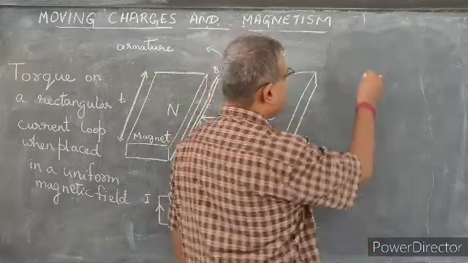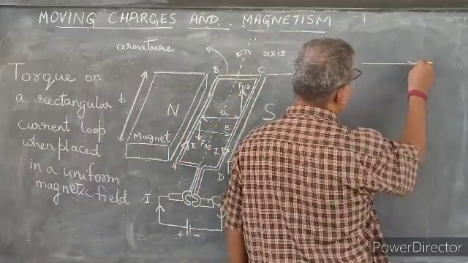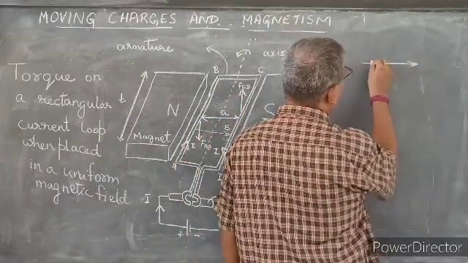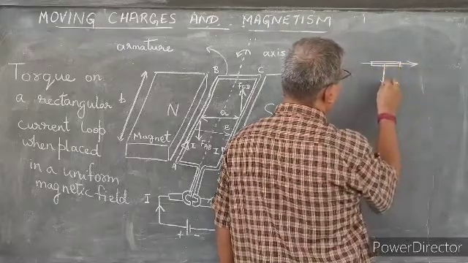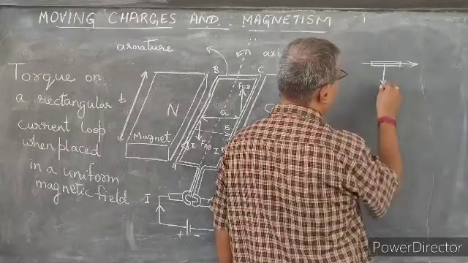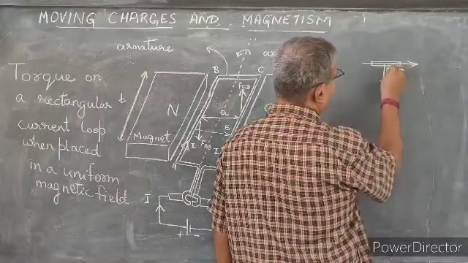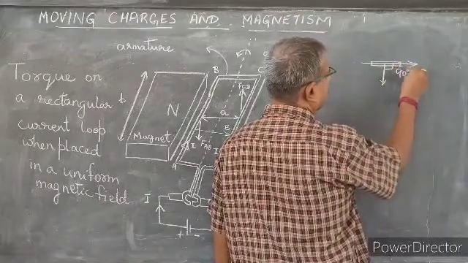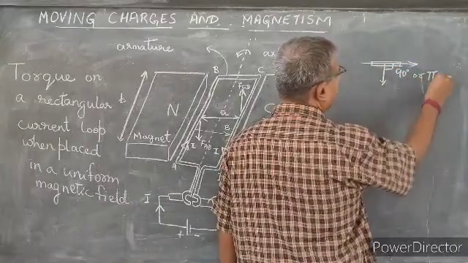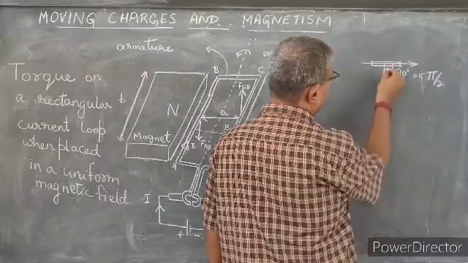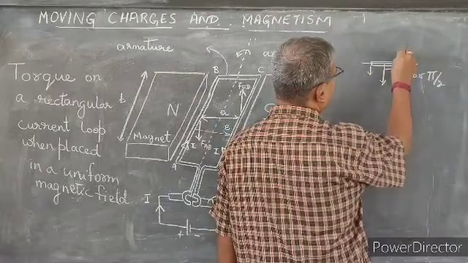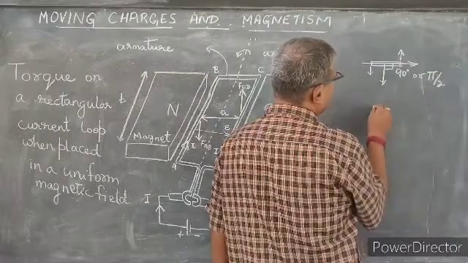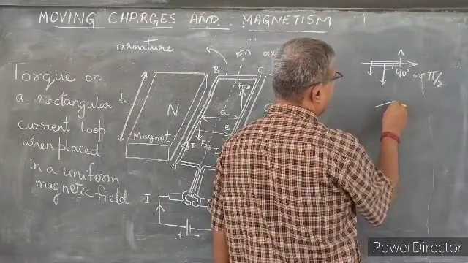So initially the magnetic field was acting in this direction and the plane of the armature was also in this direction. So this is the normal to this plane. So this angle was 90 degrees or pi by 2. Now as the force here was acting downwards and this was acting upwards, say a second later the armature might